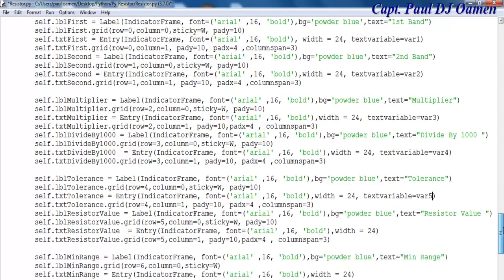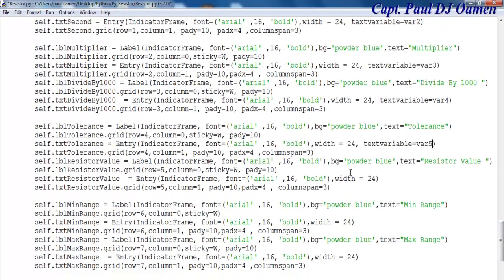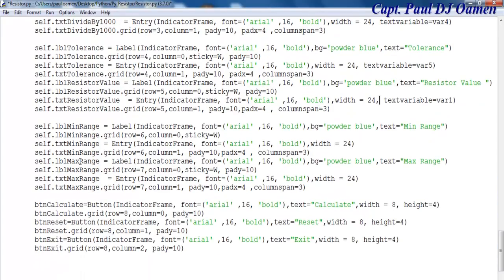Okay, so I'm going to need more than this one. Let's make it value 6. That's 6, right? Then minimum value 7. This is 6, and maximum will be value 8. Alright,